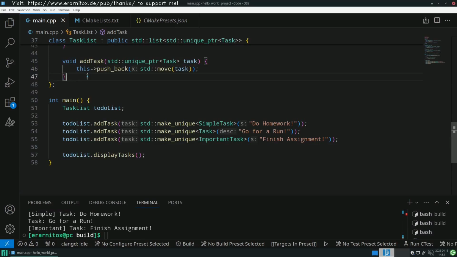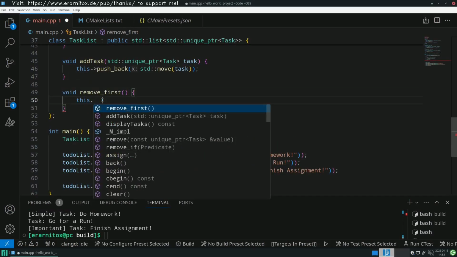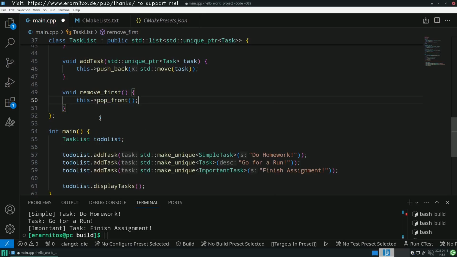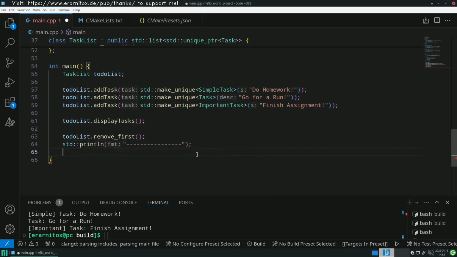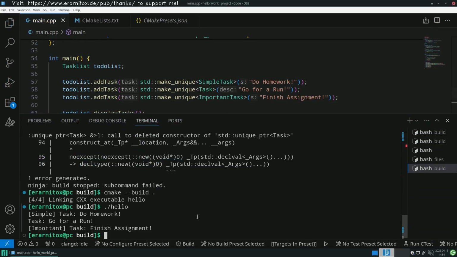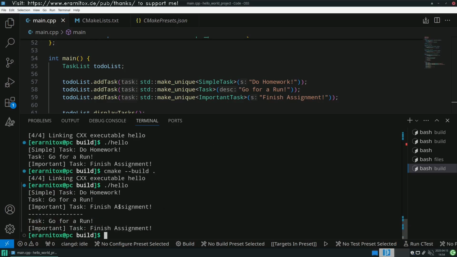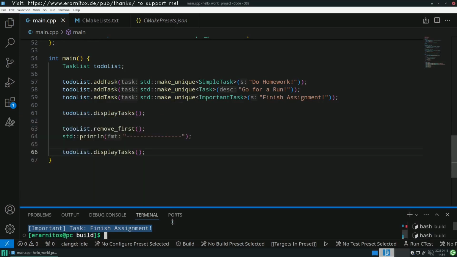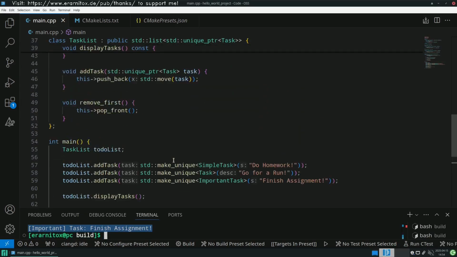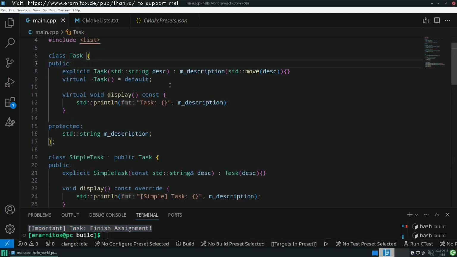We would, for example, like to remove something, offer something like this, and do it like this for simplicity. And if we compile it now and run it again, then we can see that we have removed the first task and have now 2 other tasks, like so. And I think this should already be the basis of our project, and we will continue with that in the